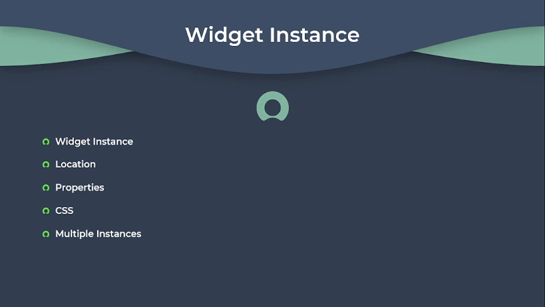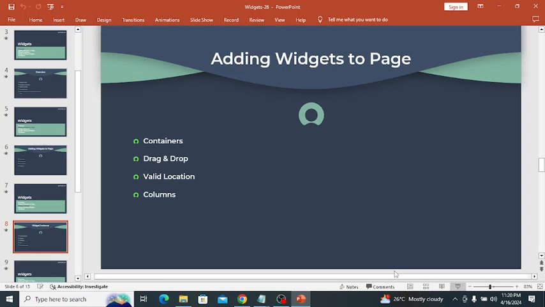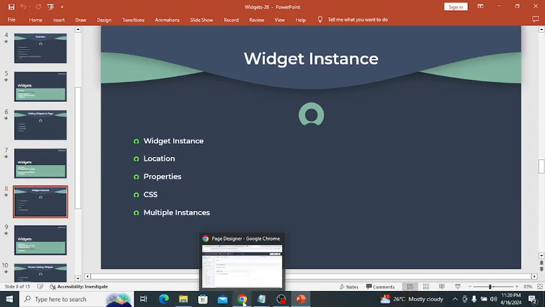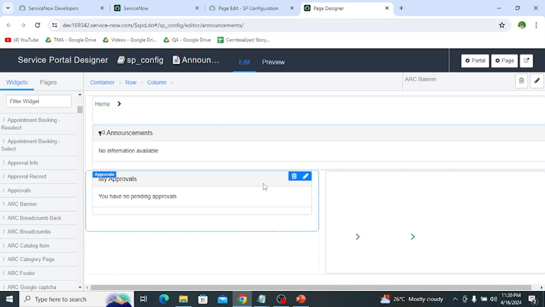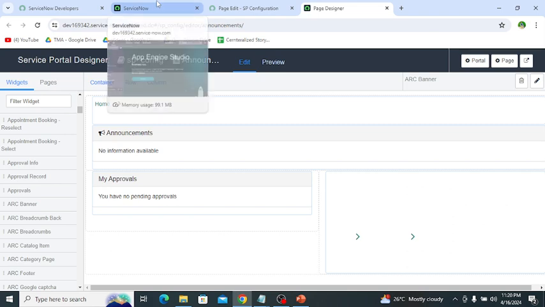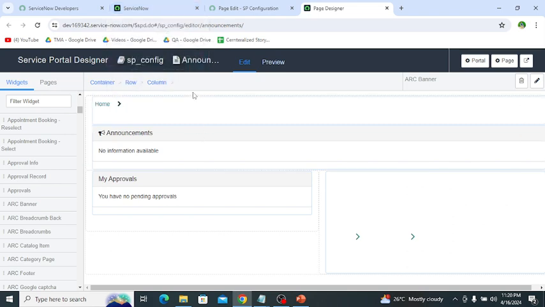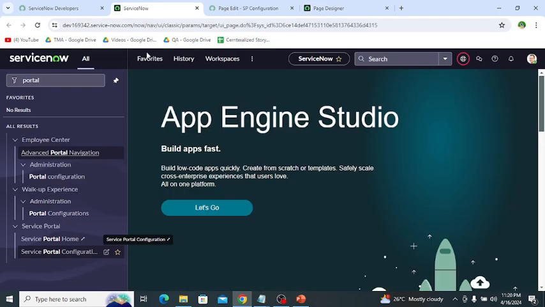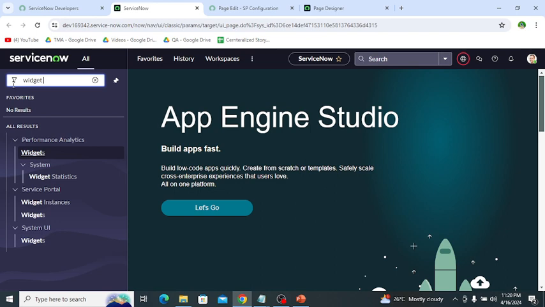So let's see how widget instances are created. For this, let's open the personal developer instance. I just added the widgets my approval and ARC banner to this announcement page. So let's see whether the widget instance is created or not. For this, type widget instances.